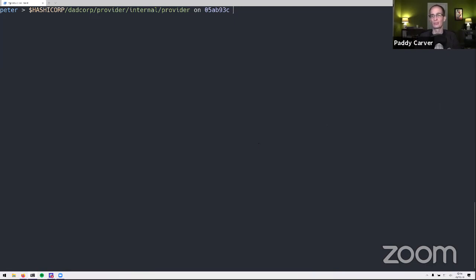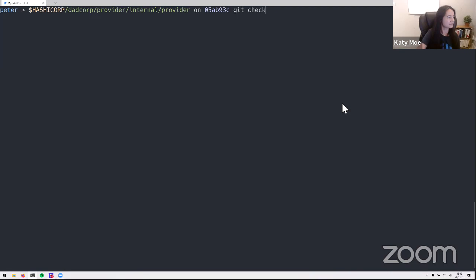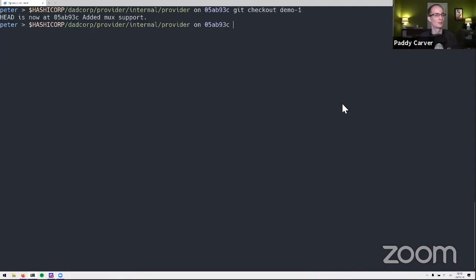So yeah, we've talked a little bit about getting the SDK set up with the resources. Now we're going to talk a little bit about Terraform plugin mux, which Katie, I believe, is the next thing we wanted to talk about, right? Yes, it is. This is super fun. So first we're going to talk about Terraform plugin mux. And Terraform plugin mux is basically how we're going to integrate our new provider development stuff into our existing provider.